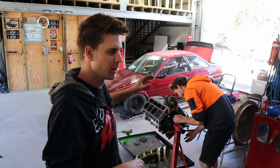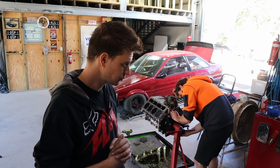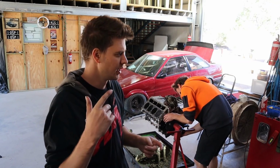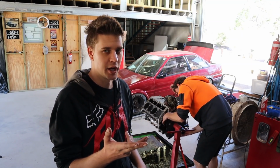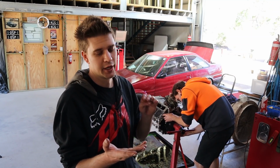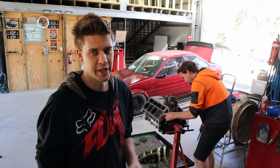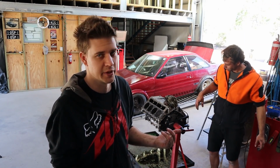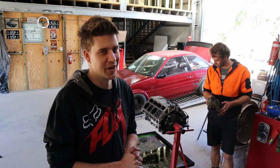So we decided to go full cam and valve train package in this motor. It's going to be a cam, new timing set, trunnion upgrade because we're going to be revving the motor, lifters and push rods. We don't normally do push rods in our LS packages because we find the stock ones to be fine. Unless you float a valve out real far, it's pretty hard to actually bend a